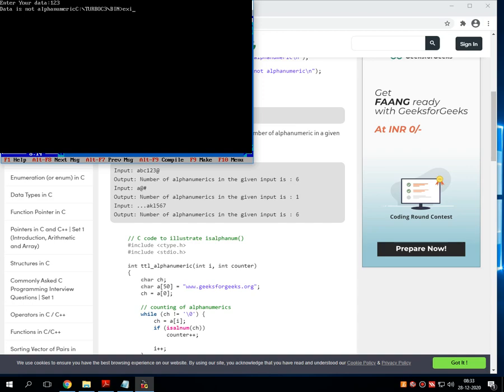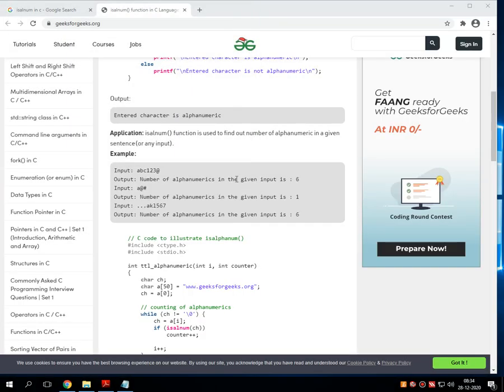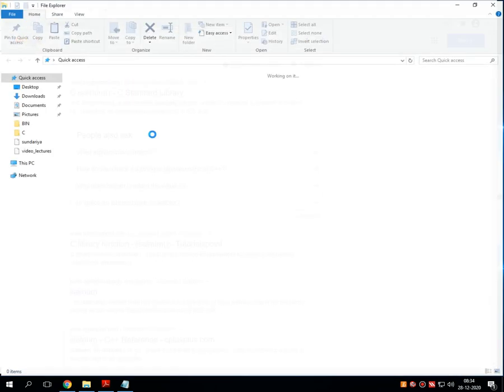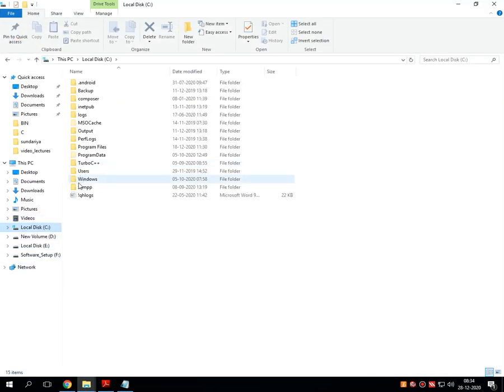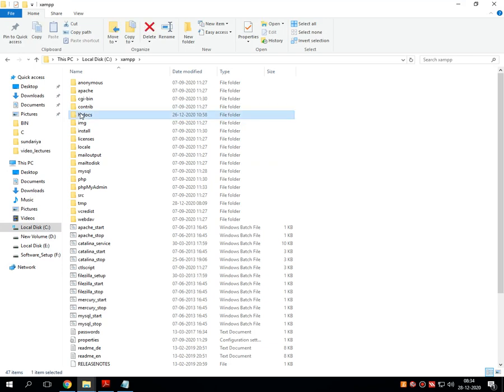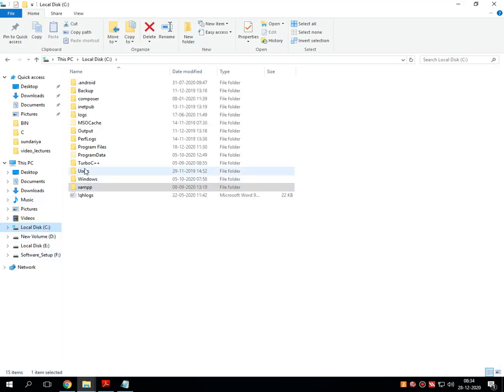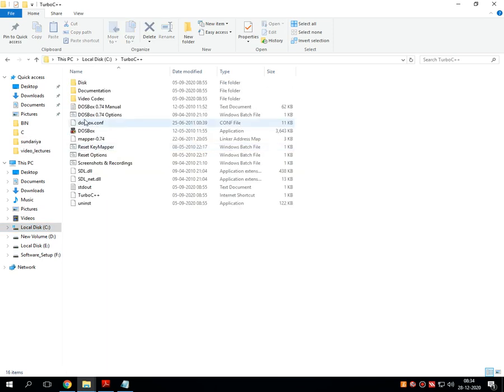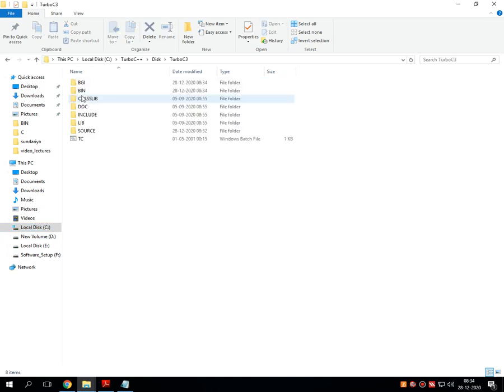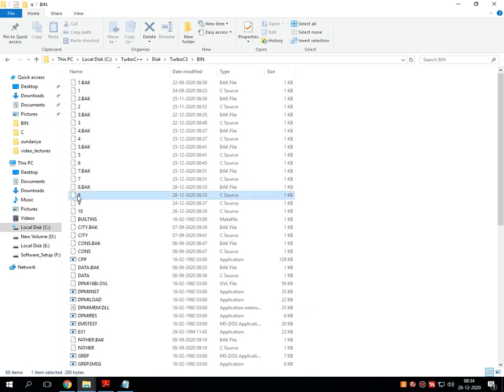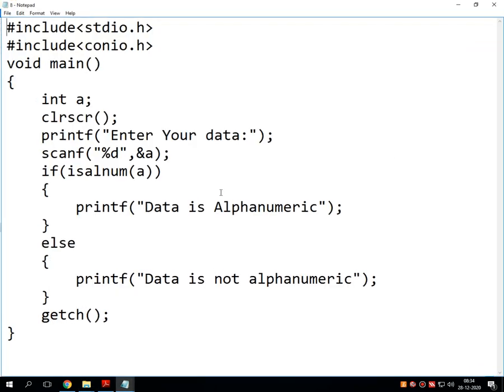Let's see this code in Notepad for better visibility. Just write down the definition for this program: write a program to demonstrate the use of the function called isalnum.